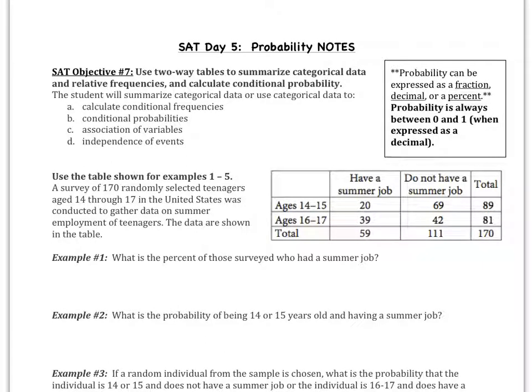Okay, so what we're talking about today is called probability, which I'm sure you guys have heard before. A few important things to know about probability is this stuff up here on the right. Probability is always expressed as a fraction, a decimal, or a percent. It has to be between 0 and 1. So probability of 1 is 100%. So you would never say probability of something is 150%, for example.